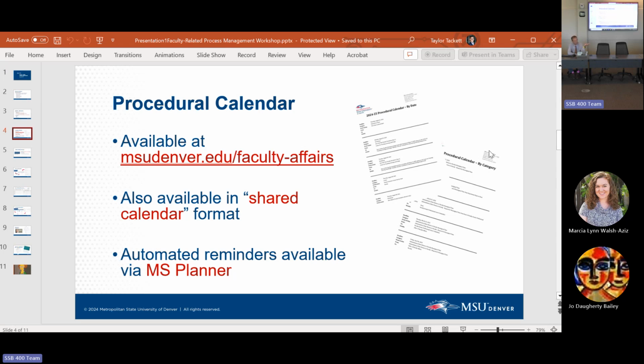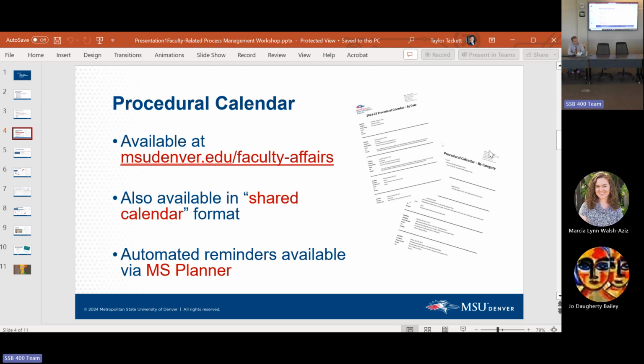You'll get there. You have the opportunity to look at it by category or by date. And then I mentioned the shared calendar. So it's a .ics file that you can download and integrate into Canvas, or not into Canvas, excuse me, into Outlook if you're looking to just get automated reminders on your phone or your Outlook every morning about what happens. There is one specific to deans, and there's one specific to chairs as well. So department coordinators, program managers, if you wanted to download those and add them to your own, go for it. That's a nice way to remind yourself of what to do.